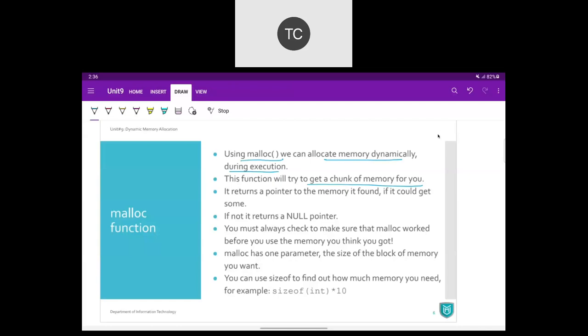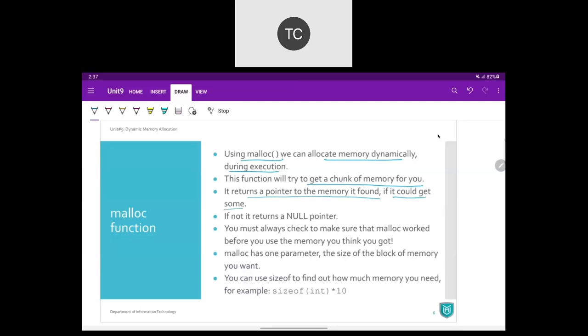We are going to request a memory block of a particular size. This function is going to check whether that amount of memory is available or not, and then it returns a pointer to that memory location. It is going to return the address of that memory block only if it could find that memory.